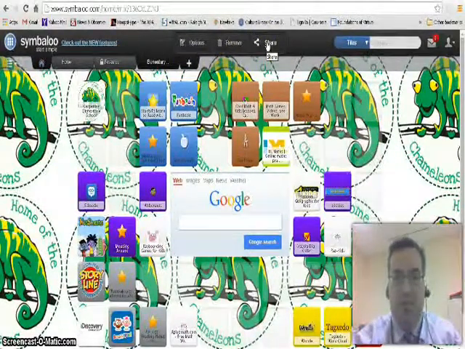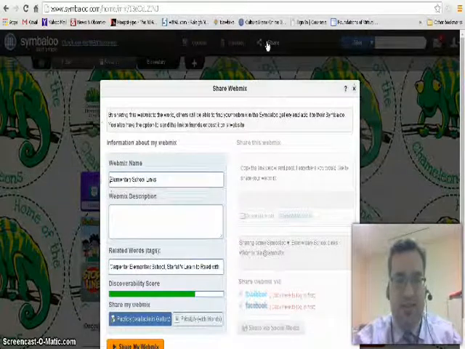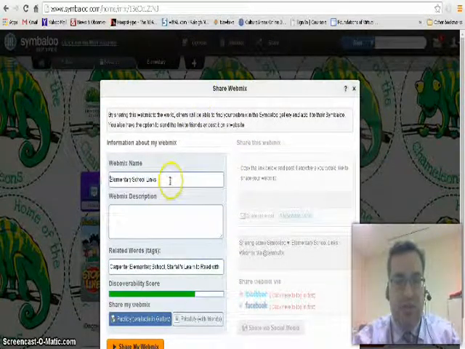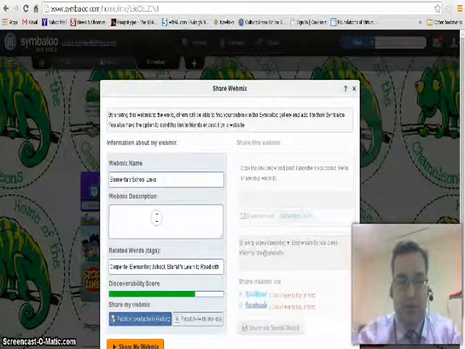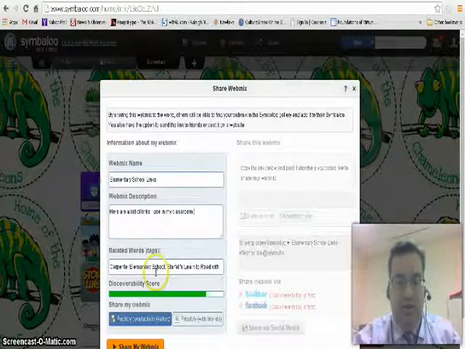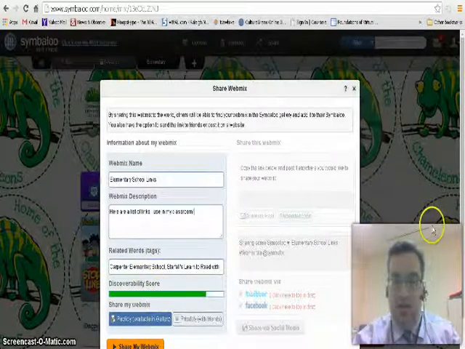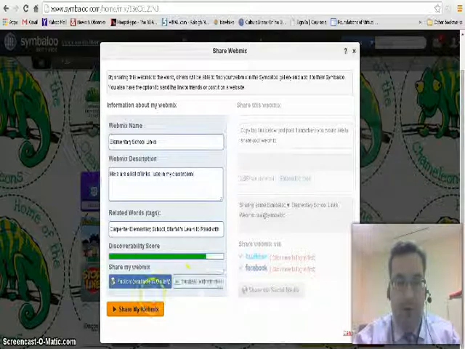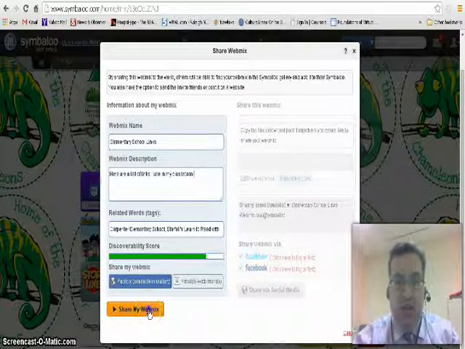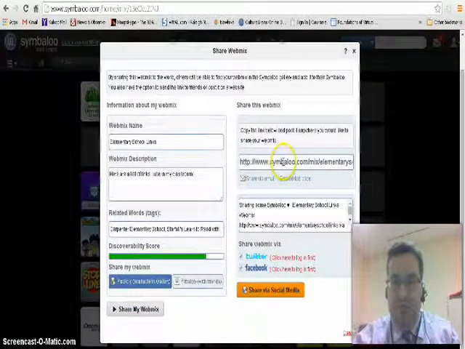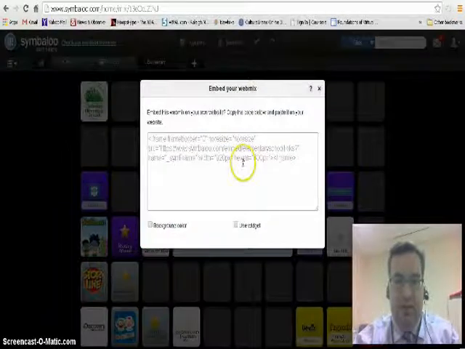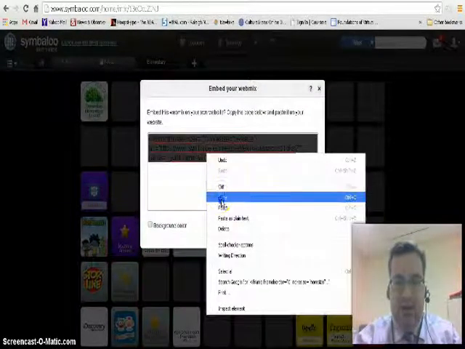You can also share your webmix with others so they can see the links. What it does is it shows the webmix name. You can give it a description. You have related words. You do have a discoverability score if you want, and you can make it public or private. And if you share the webmix, you can share this link through email, or you can have an embed code. So what I can do, copy this embed code,